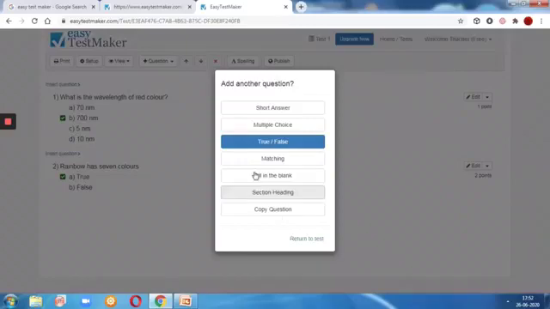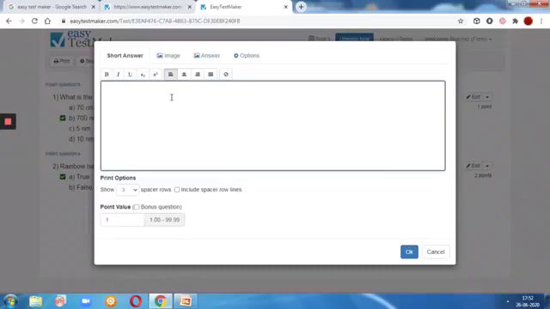Now let me go for a short answer. Type the question here. So in short answer, you have to correct the answers. For the remaining, multiple choice and filling the blanks, it is automatic evaluation.